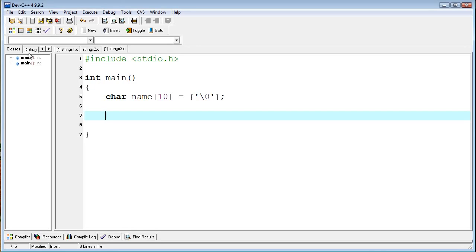So we've reserved, more or less, 10 char variables, stored them in memory, and they're named name0, name1, name2, name3, using these hard brackets here. You'll kind of see how this works in a second. So let's go ahead and prompt the user